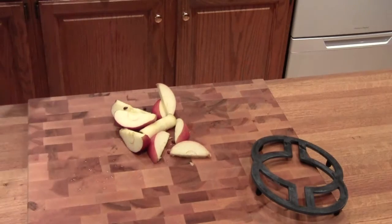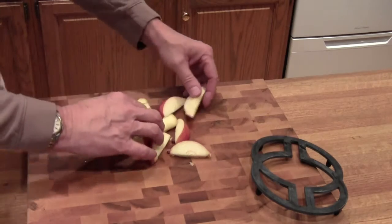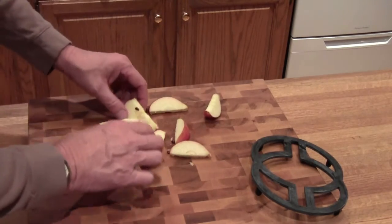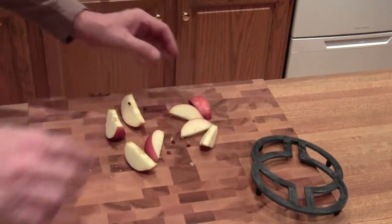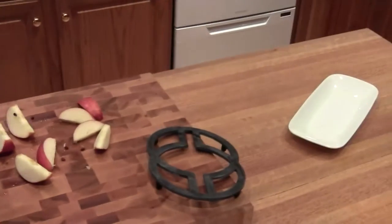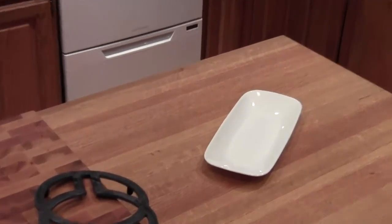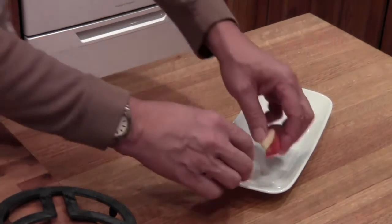And then we can put this onto the stick, and all we have to do then is pick out the core and throw it away, and then we'll pick out the good pieces. Let me turn the camera here, and let's see if we can't zoom in a little bit. What we're going to do is set this